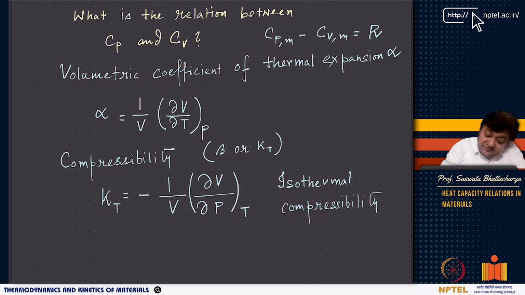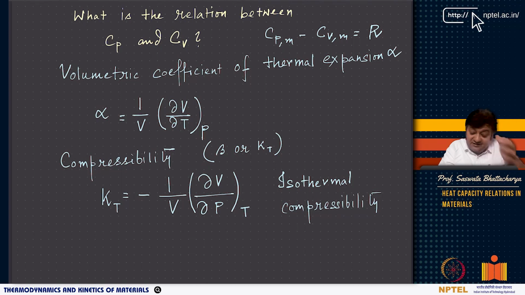One measurable quantity which is of interest is the volumetric coefficient of thermal expansion, alpha. You often know about the linear coefficient of thermal expansion. Now what we are defining here is the thermal expansion coefficient that is volumetric. So this is defined as how the volume of a material will change as temperature changes, keeping pressure fixed. So volume change as a function of temperature, keeping pressure fixed, and normalized with the volume of the body itself. So it's 1 by V del V del T, which is basically alpha.